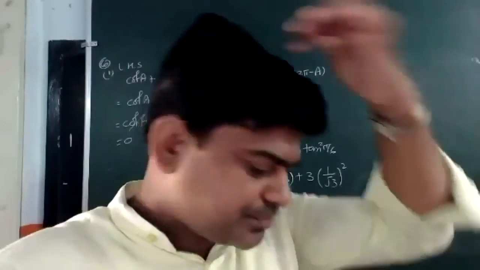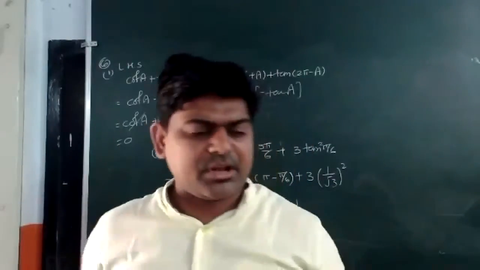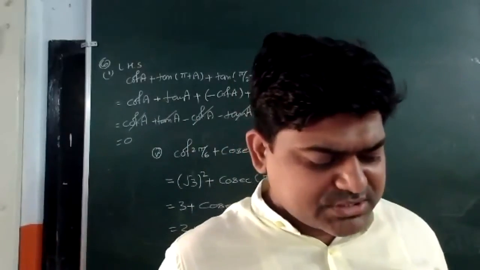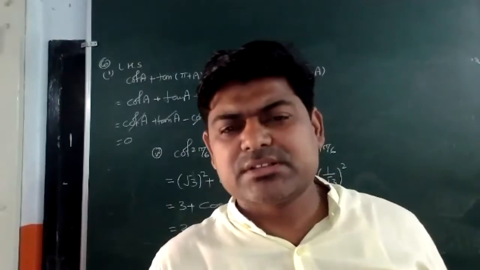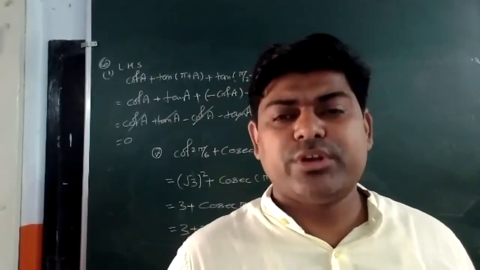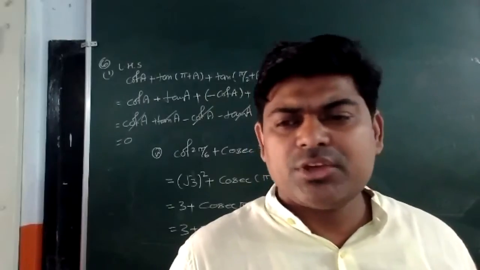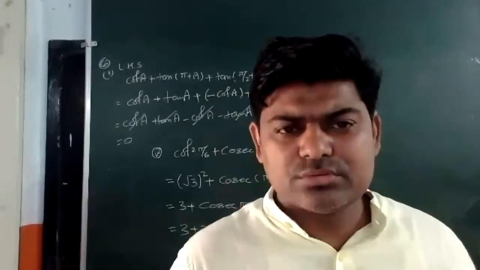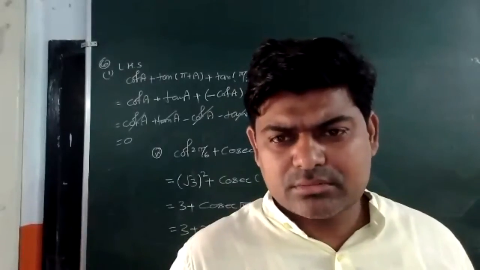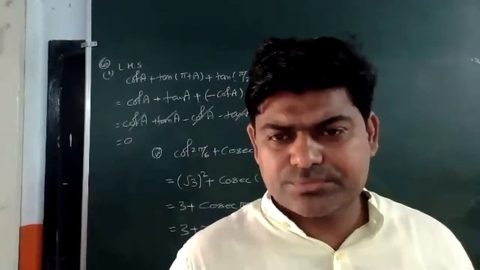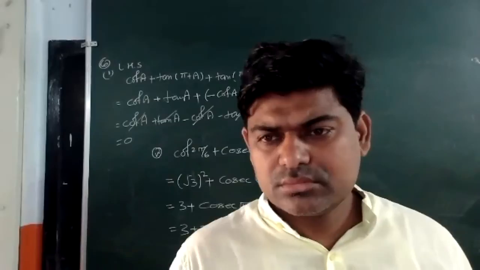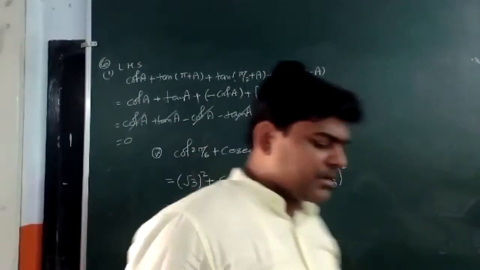In question number 7, again we have 5 parts. You can see all these angles are more than 90 degrees, which means not acute angles, and we do not know their value directly. So we may use the quadrant concept to find the value. Should I solve the first or second part? Second. Okay, see.